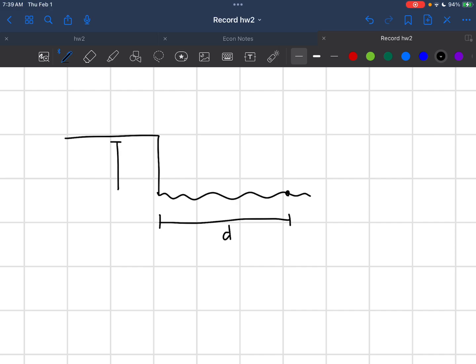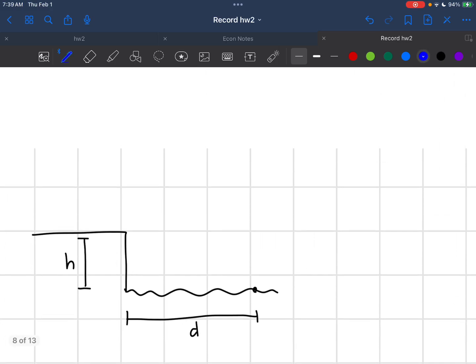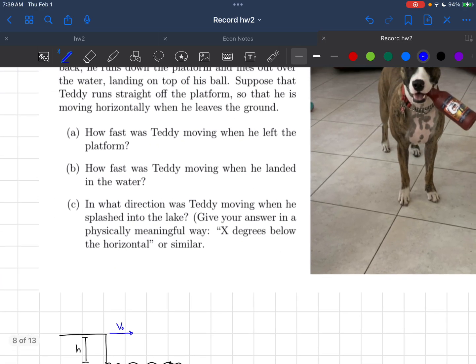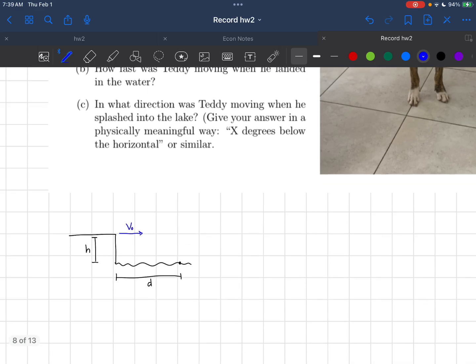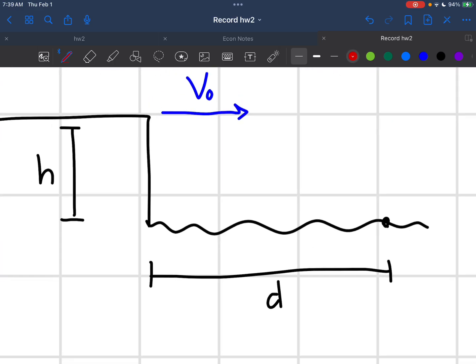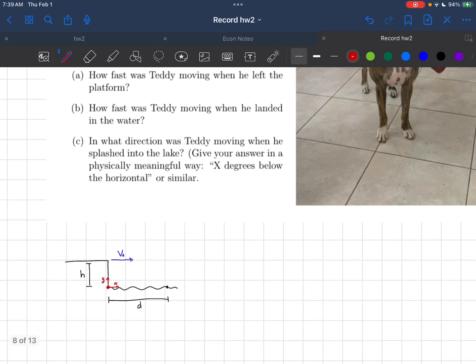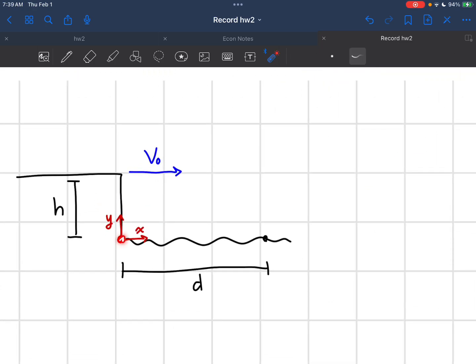I have a height that we were given, but let's call it h. And I know that my initial velocity was horizontal. These are all things given by the problem. So I draw my picture, and then I'm going to set my coordinates. I'm going to put my origin there, say that's positive y, that's positive x. A lot of times I like to put my origin at the leftmost and downmost point in my problem